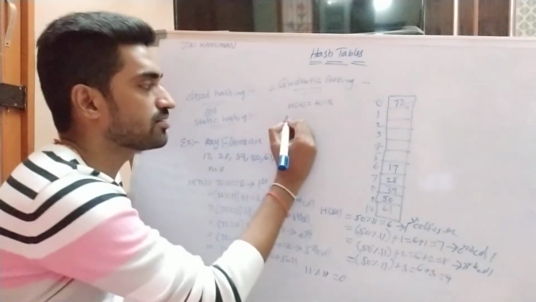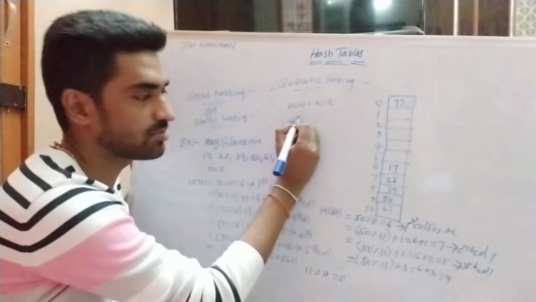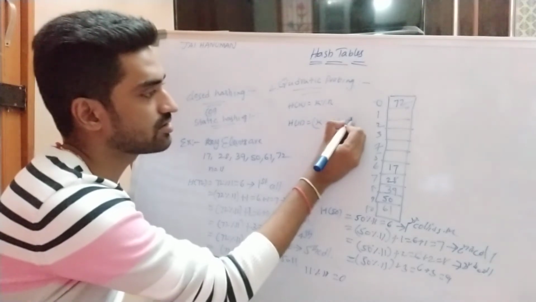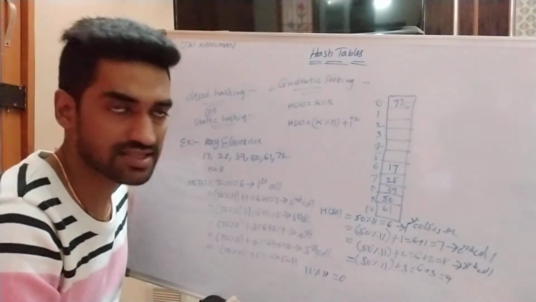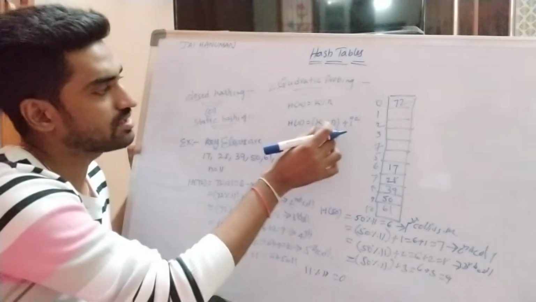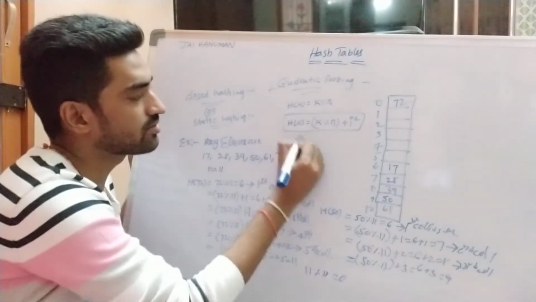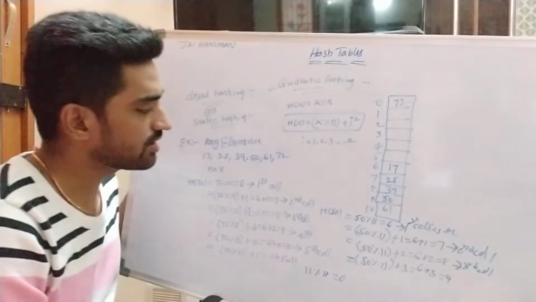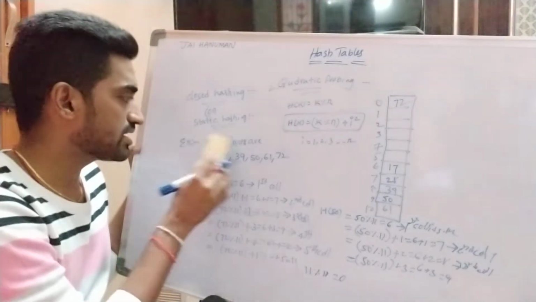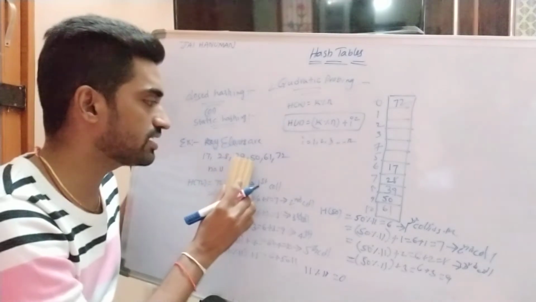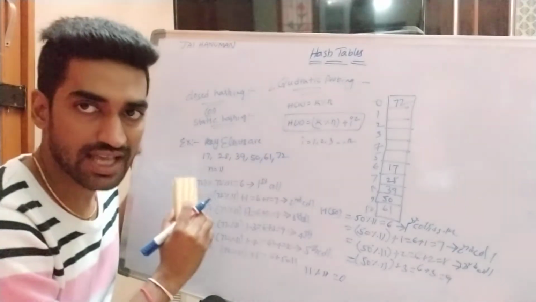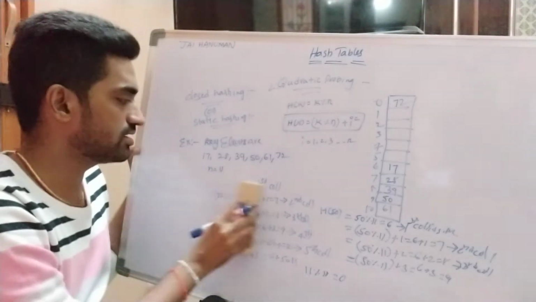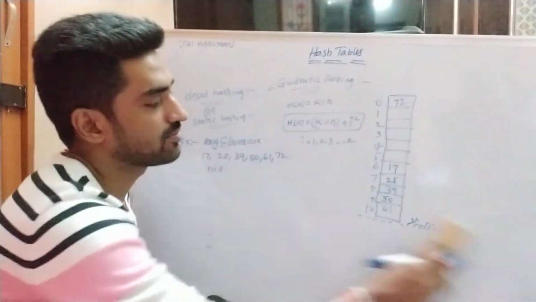in quadratic probing we are using the following formula. H of k is equal to k modulo division of n plus I square, right? So this is the formula for quadratic probing. So I value starts from 1, 2, 3 and so on up to n values, right? So here I am taking one example. So here I am taking same example. Key elements are 17, 28, 39, 50, 61, 72. Size of the hash table n is equal to 11. How to apply quadratic probing for these key elements, right? So here we are discussing quadratic probing for this example.